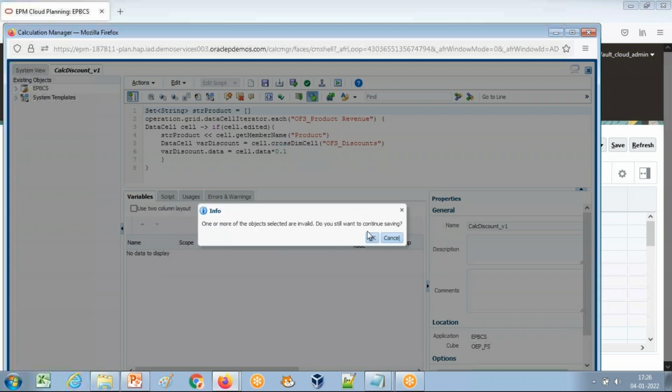Let's see whether we spelled it correctly or not. So operation.grid.dataCellIterator.each, under parenthesis dataCell object, if cell.edited.